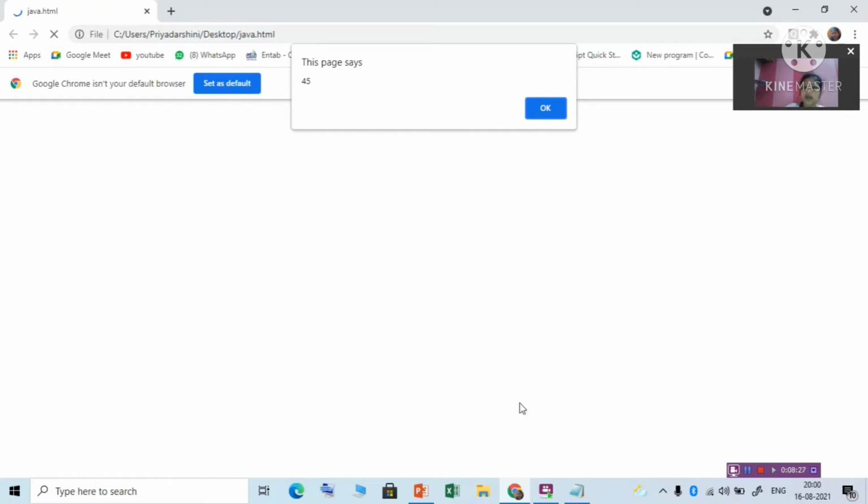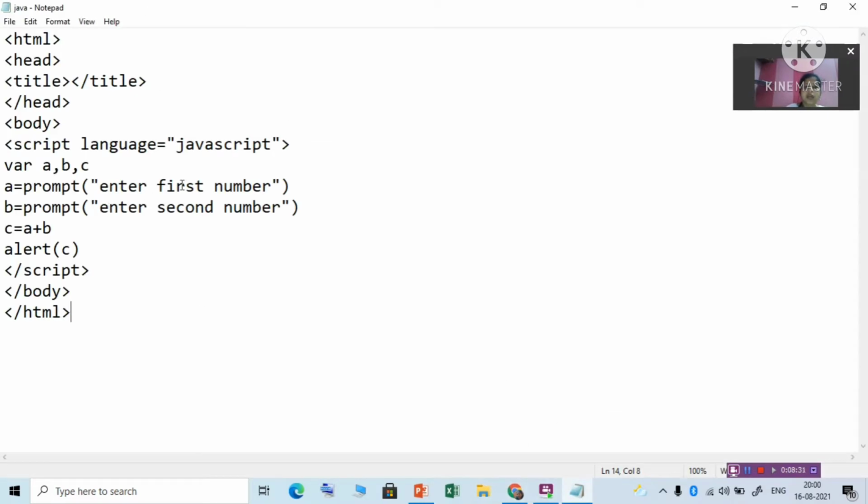That is because the prompt function always accepts the value as characters. So A is a character and B is a character. Although it looks like the numbers 4 and 5 I am entering, it is accepting them as characters. Numbers can be used for calculation; characters cannot be used for calculation.